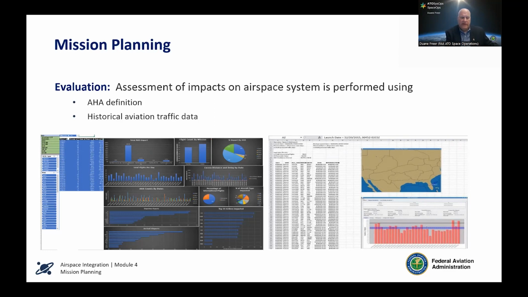We can even drill down into the type of aircraft, what airlines are most impacted, what departure airports or arrival airports might be. We can even get down into airframes based on the historical data, how many airframes and what type of airframes will be impacted by that mission. It's a very robust tool, but that really allows us to do a complete analysis of that mission and determine what the impacts to the airspace are.